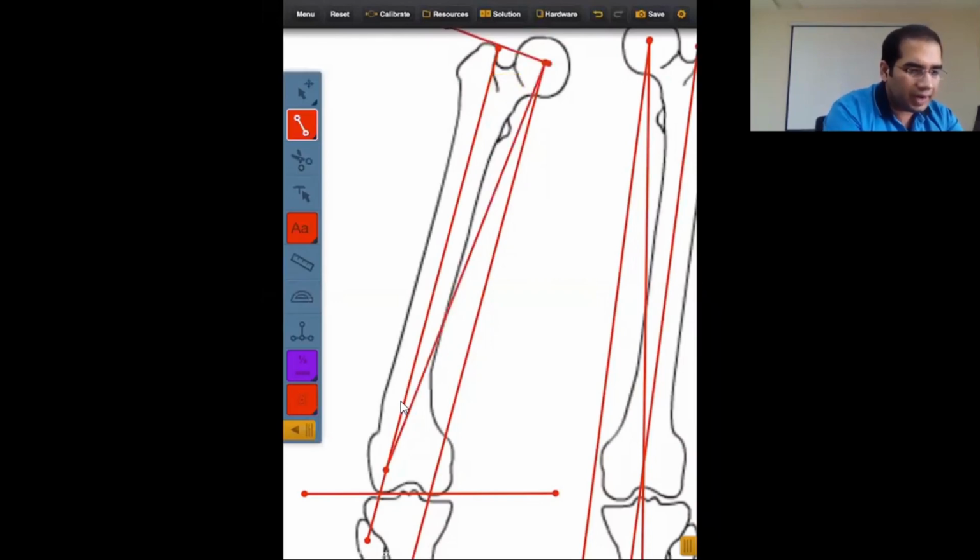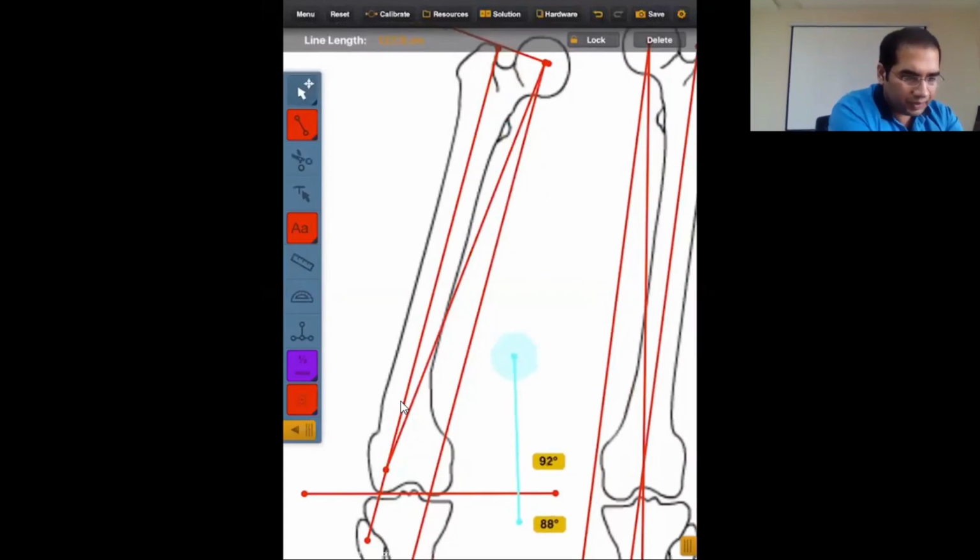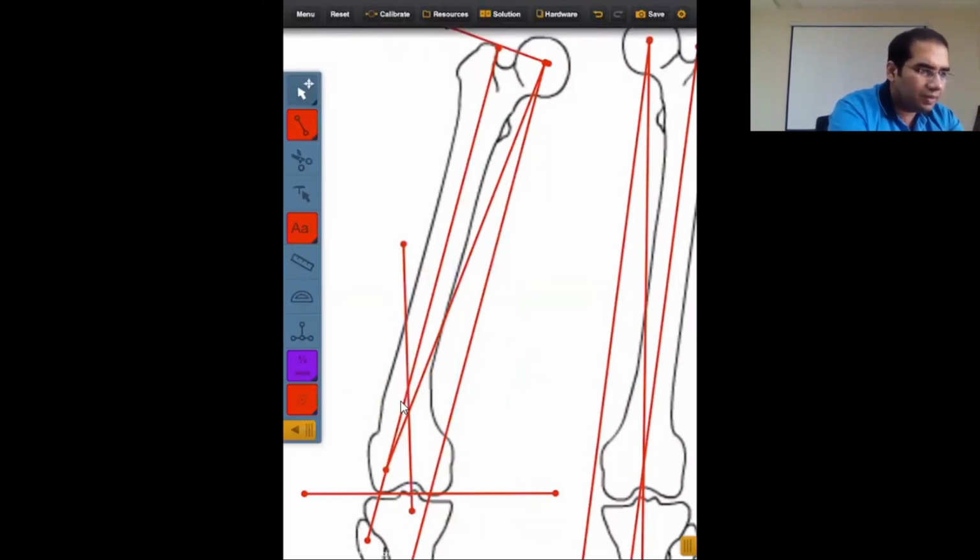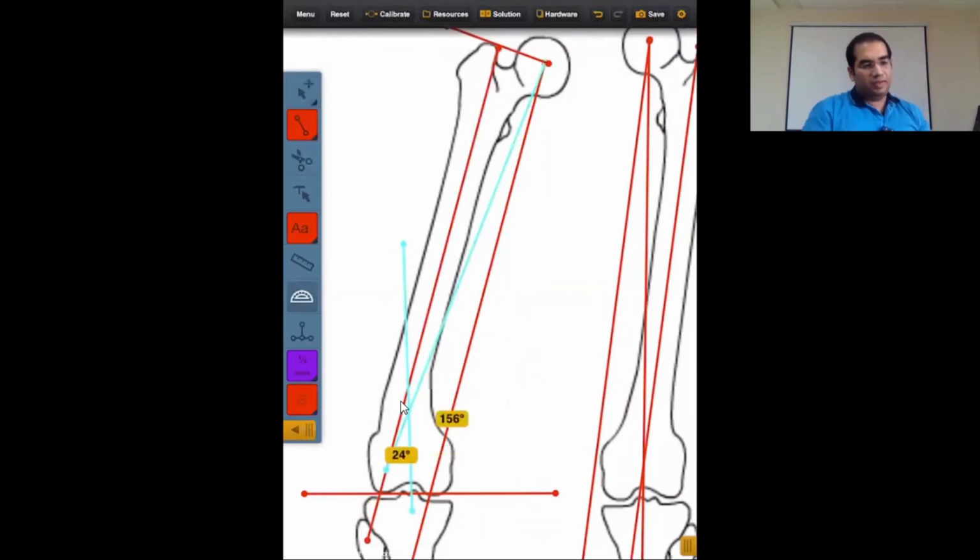We're going to draw a line, we can either extend a line from the tibia, since the tibia is normal, or we can simply draw a normal value, and this is going to give us the mechanical axis of the femur. This is going to give us our location of the deformity, the CORA. Okay, are there any questions so far? If there was any problem, you can ask right now and I will gladly repeat it.